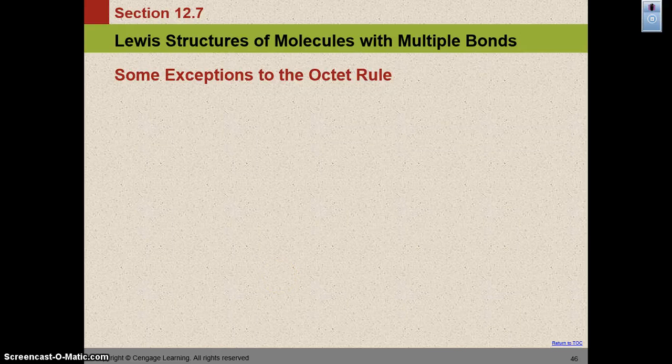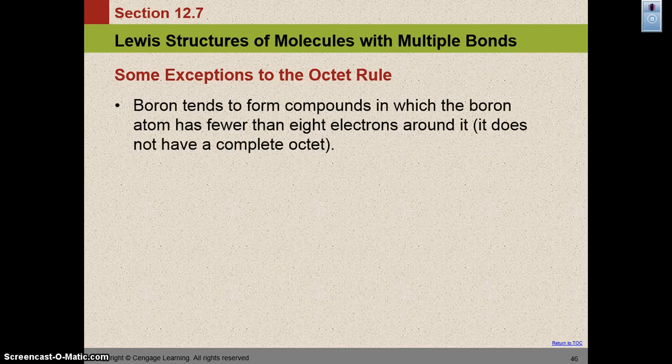This is going to be part 2 to section 12.6 and 12.7, which is the Lewis structure. And just like there are in lots of things in life, there are exceptions. So there are exceptions in Lewis structures, and some exceptions to the octet rule include boron. Boron tends to form compounds in which the boron atom has fewer than 8 electrons around it, and it doesn't